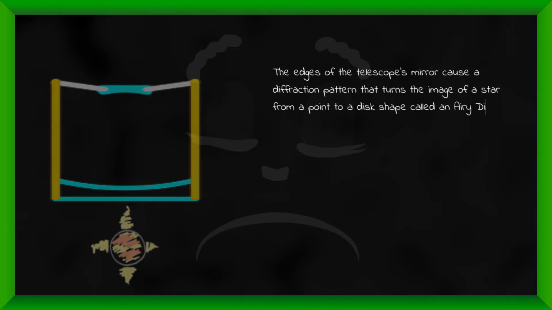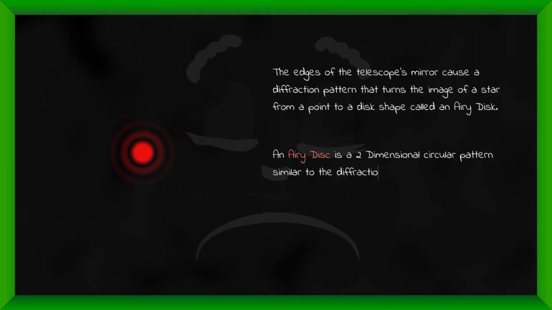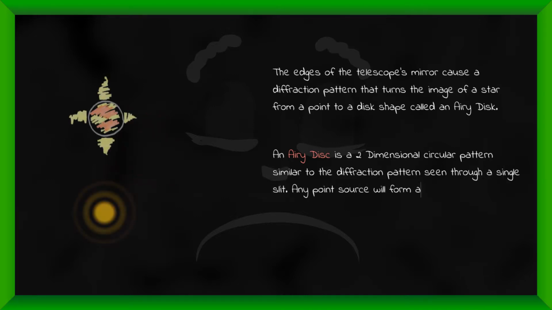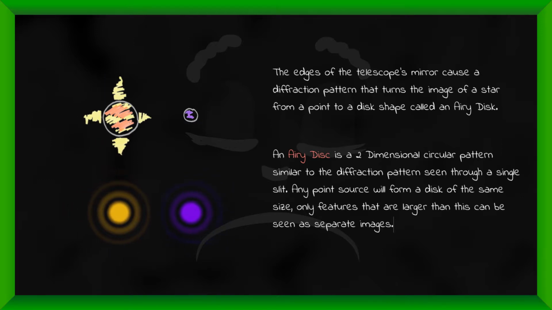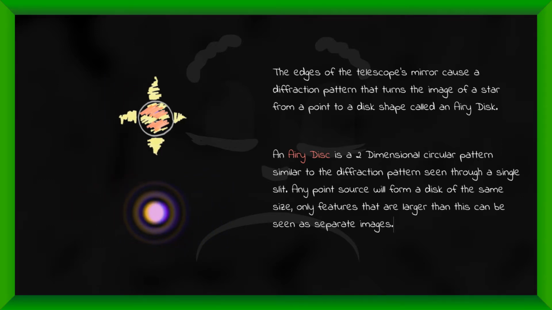Assuming that we have a perfect mirror, the best possible image we can get from a star forms a pattern called an Airy disk. This disk is a circular pattern with light and dark bands. Any point source will form a disk the same size in the image. So only features that would form an image larger than the disk are going to be able to be seen clearly. This is why, with current telescopes, it's not possible to directly image exoplanets. They are so close to their parent stars that the two disks would overlap and be unable to be seen